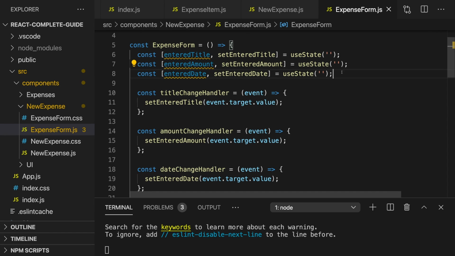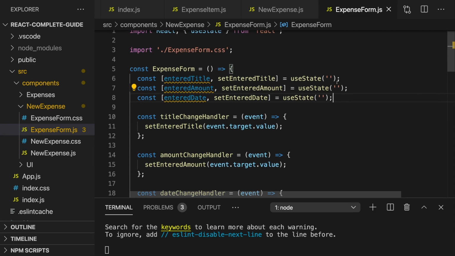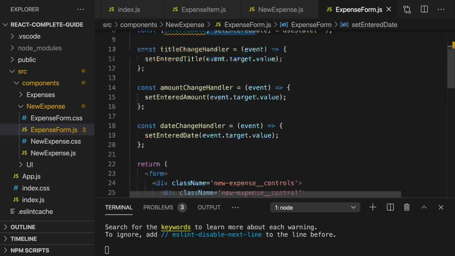So in the last lecture, we added these handler functions and we added multiple state slices. Now I did emphasize that you can have multiple such slices, that this is totally normal. However, there also is an alternative, and it depends basically on your personal preferences, which approach you prefer. You can have multiple slices, but you could also argue that of course all three states here are related to